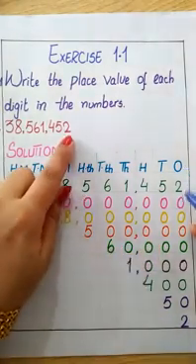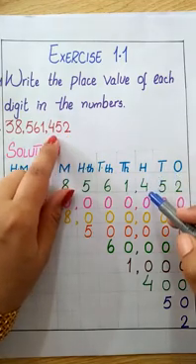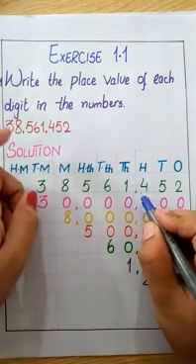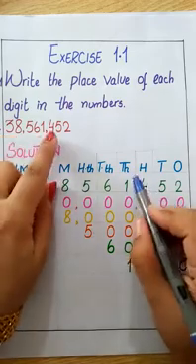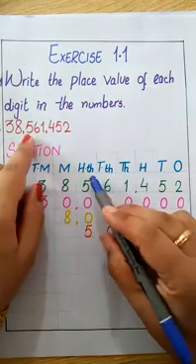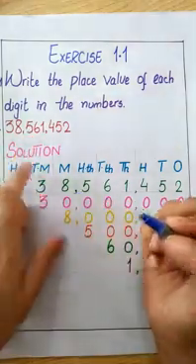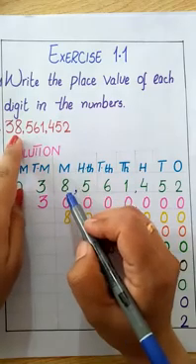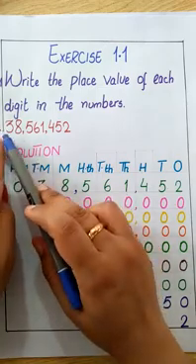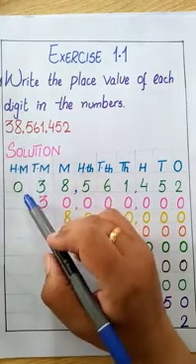The first digit is 2. Below the ones, we write the 2. Below the tens, we write the 5. Below the hundreds, we write the 4. After the 4, we must put the comma. These commas help us to separate the families. Now in the thousands family, below the thousands write down the 1, 10,000 is 6, 100,000 is 5 and put the comma. Family complete, so put the comma. In the millions family, for 10 millions we write 3, but there is no number for 100 millions, so don't worry. If there is no number for 100 millions, write the 0.